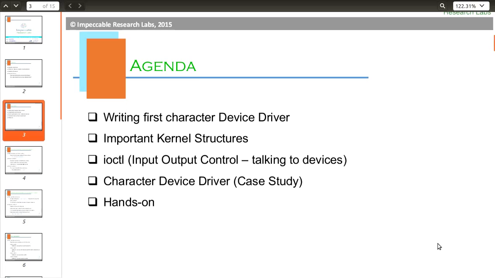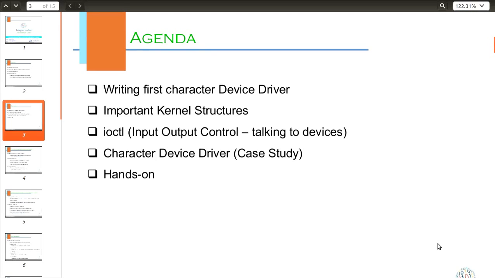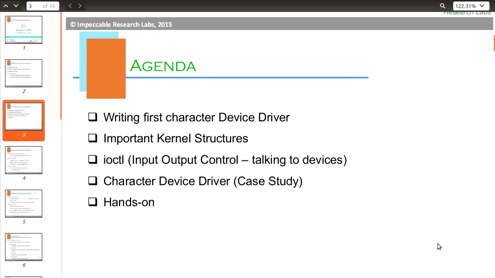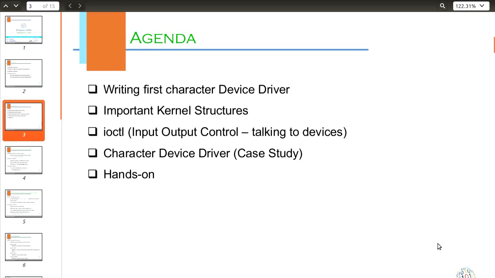But what I have told you in the last two classes is very critical, because it's like a baseline for the next classes. So I'm going to be a bit slow from this class, because we have gone to a level where we are ready to make a kernel module.